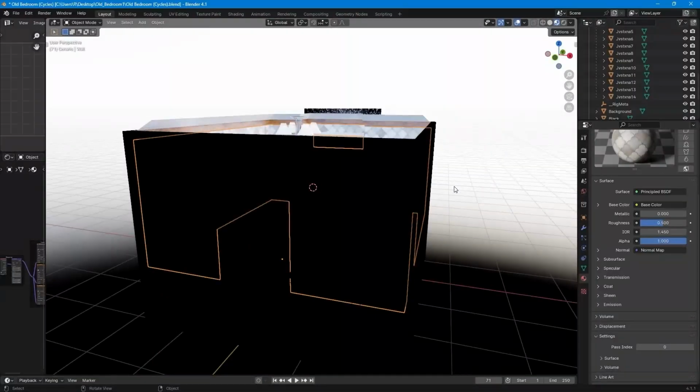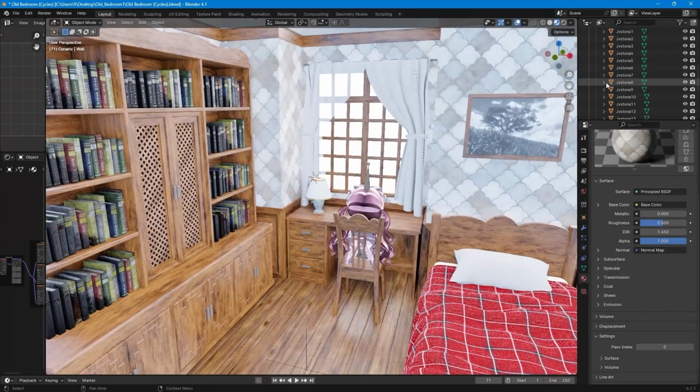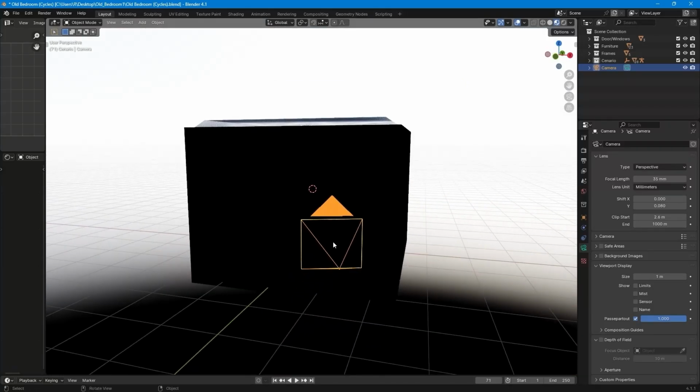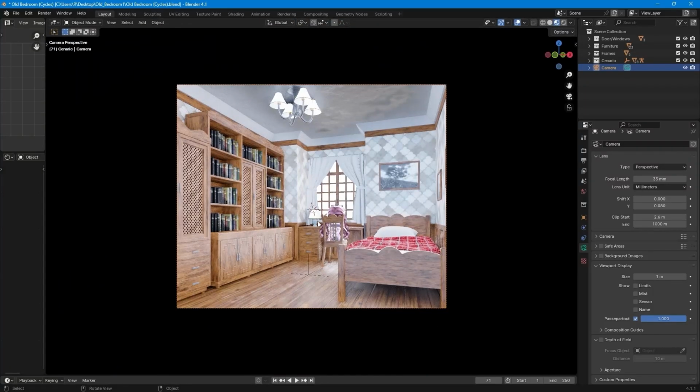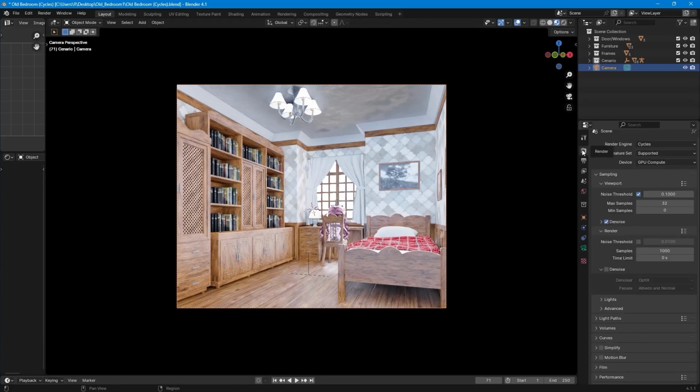Okay, so after you're done with that, I don't know about the models you have, but I already had a camera in mine. So you just simply right click, set active camera, and you now can see what you're going to see for the rendered image. And actually I'm going to do the movement of the camera, so